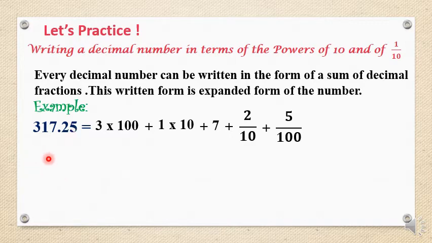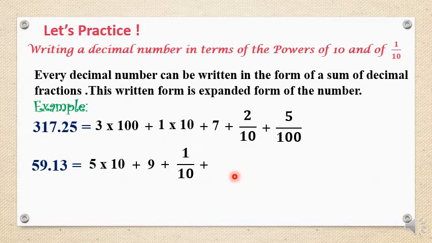59.13. Similarly, we start with the whole part. 59, it's 5 times 10 plus 9. Plus, now we start with the decimal part. So it's tenth, 1 over 10, plus 3 over 100, the second digit after the decimal point. One more example,